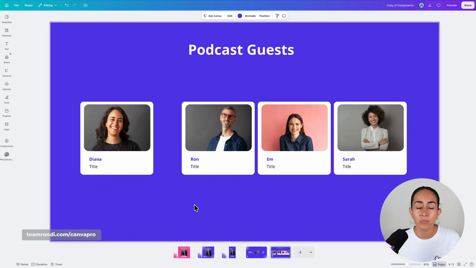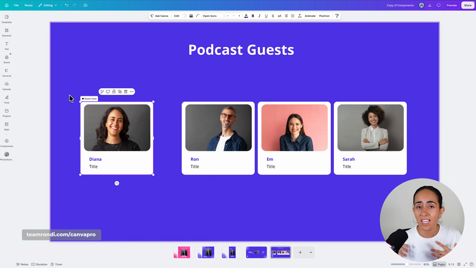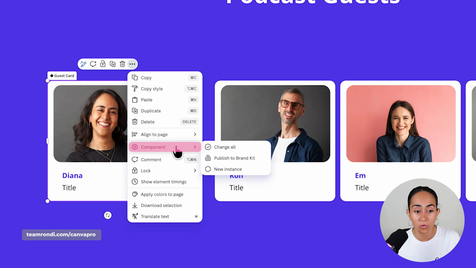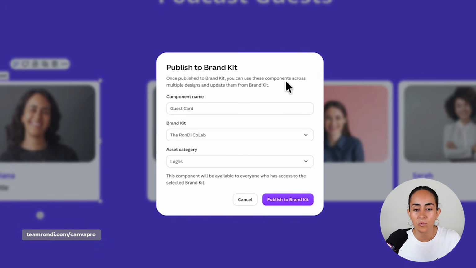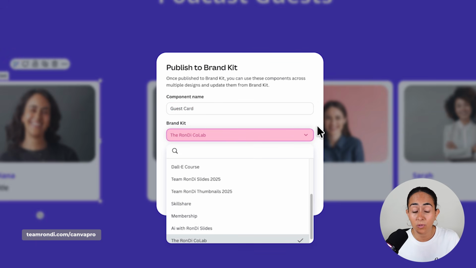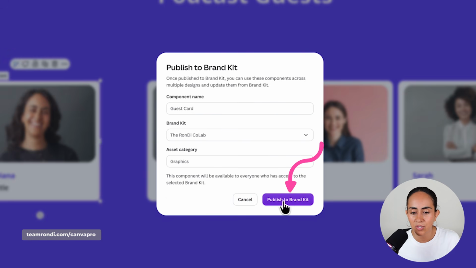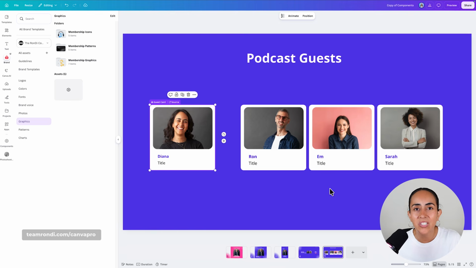Something else that you can do with these components is that you can turn them into brand components. So let's say that I want to have this card handy for any kind of design that I'm going to create in the future. So by selecting the component, I'm going to click on the three dots and then go to component, and you will see that here we have publish to brand kit. I'm gonna go for this option. I'm clicking here, and then you have this window appearing. From here, you can name the component. You can select the brand kit where you want that component to go, and you can select as well the category. So I'm gonna go for graphics, publish to brand kit, and then the component is ready to be used